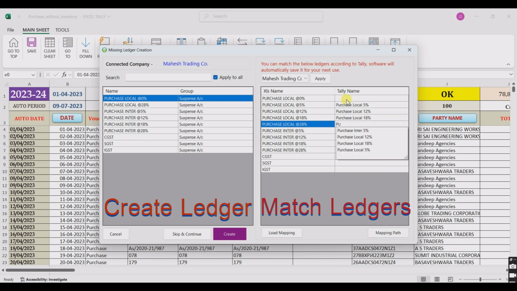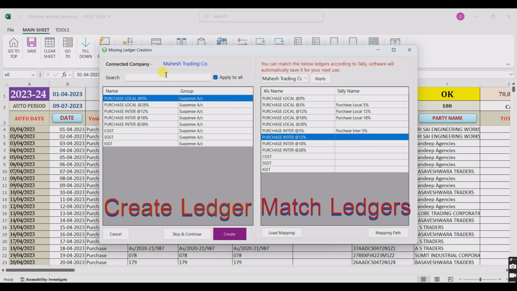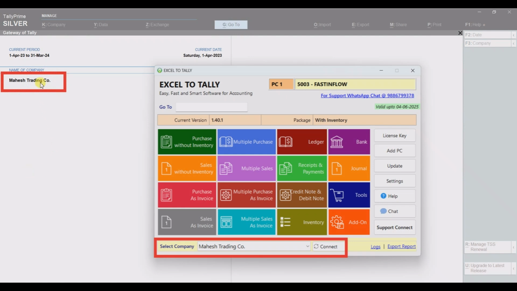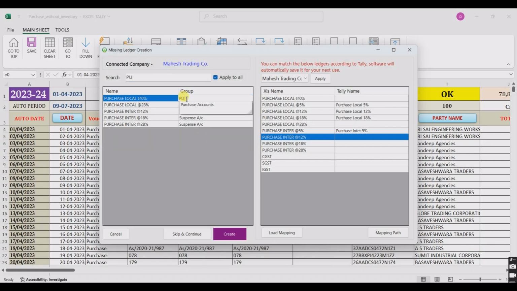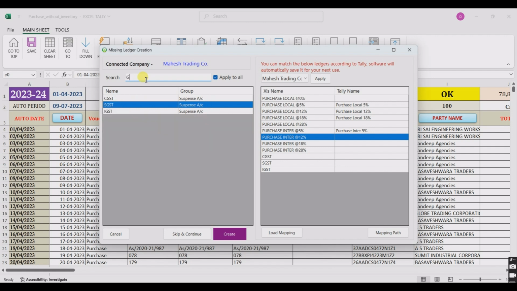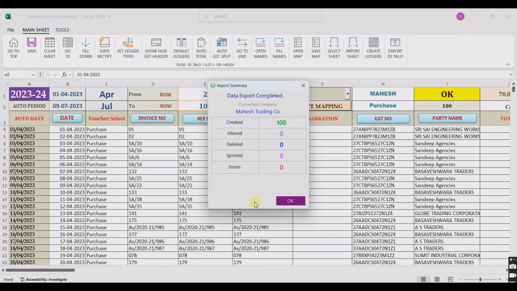The matching option is on the right side and the create option is on the left side. If Tally isn't connected to the software, the ledger list won't appear, so make sure they are connected. If you need to create new ledgers, choose the group and click Create. Finally, click Export to Tally and all entries will be imported in Tally.